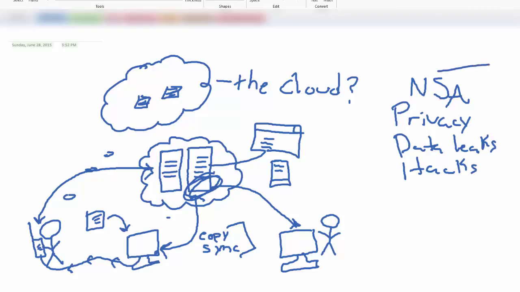These are all legitimate concerns, but you also have a legitimate concern about somebody breaking into your home. You have legitimate concerns about somebody tapping your internet connection. You have legitimate concerns about somebody stealing your cell phone. So for me, these things are just new. They're new concerns, but they're not any different for me than